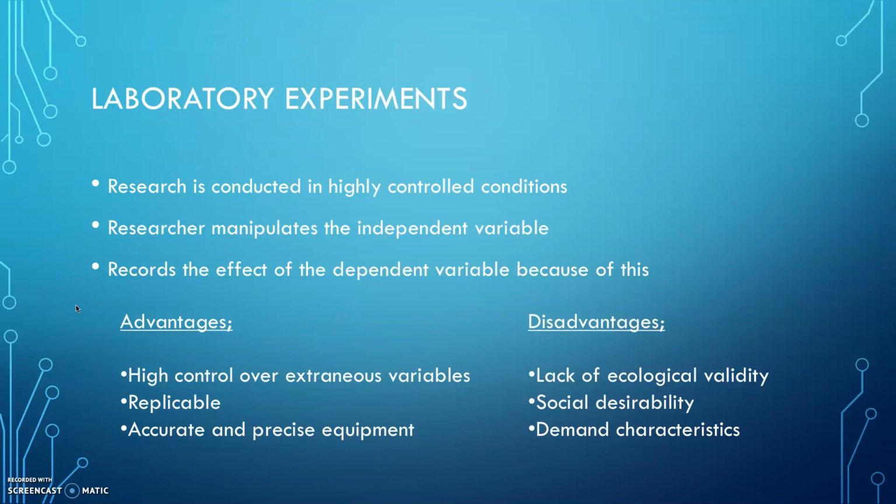So lab experiments are those in which research is conducted in highly controlled conditions, and the researcher manipulates the independent variable and records the effect of the dependent variable. Now, some pros of this experiment are that there is high control over extraneous variables. As all variables are well controlled, there will be an increase of internal validity. And secondly, the experiments can be replicable because the exact same setup can be used to redo the same experiment,